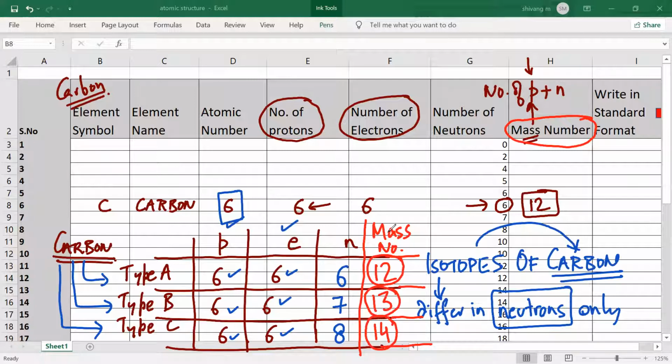Yes, sir. But I only have one question. So, from where did we get 7 and 8? Why not 4, 5, 6? You don't worry about it. Okay, sir. In the paper, they won't ask anything like that. They will give you the information and then they will ask you the question. In class 8, you are not supposed to get panicky; you won't be given the number of neutrons. Have you understood? Okay, sir.